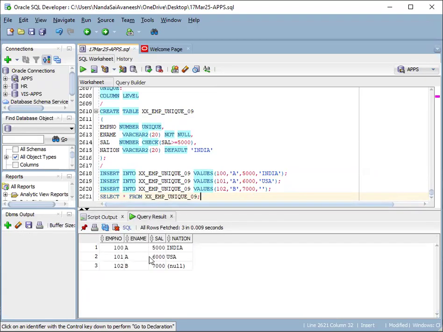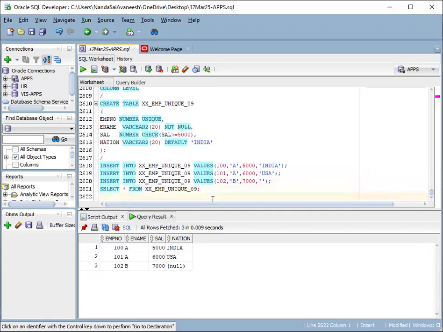So first record 100, A, 5,000, India inserted. Second record 101, A, 6,000, USA, it is inserted. Third record 102, B, 7,000, null, it is inserted. When it will insert India, so if you remove this column,